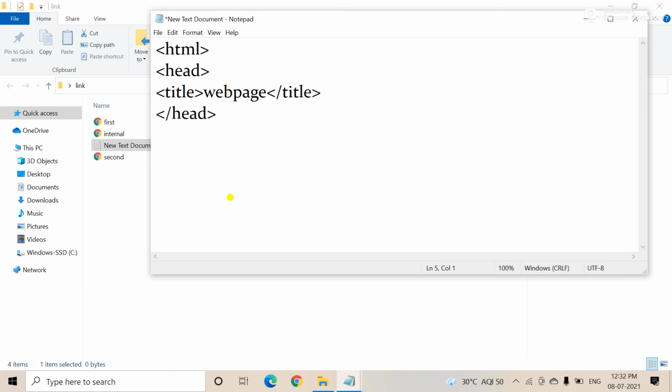Okay, and here is a body tag, and here I am using href equal to, suppose, within the code, I want an internal link. Suppose first.html.